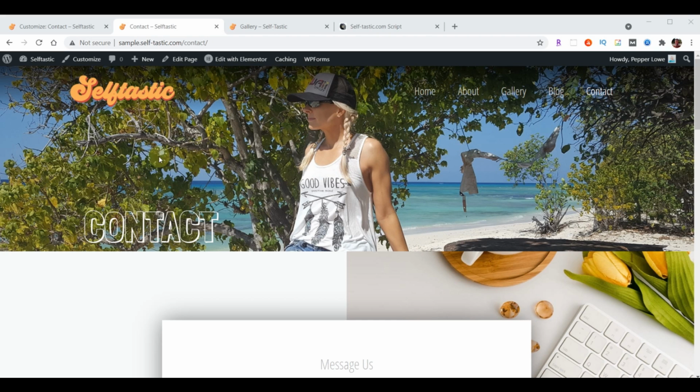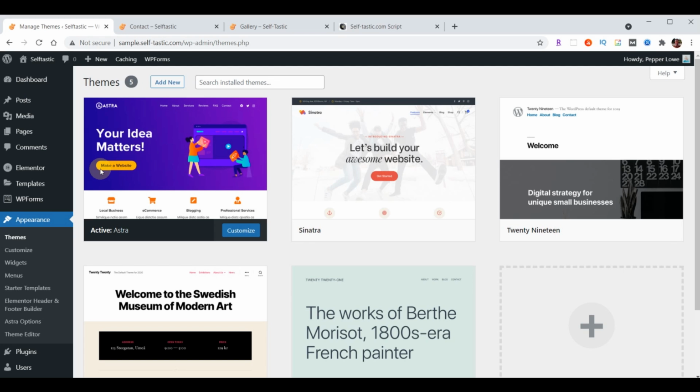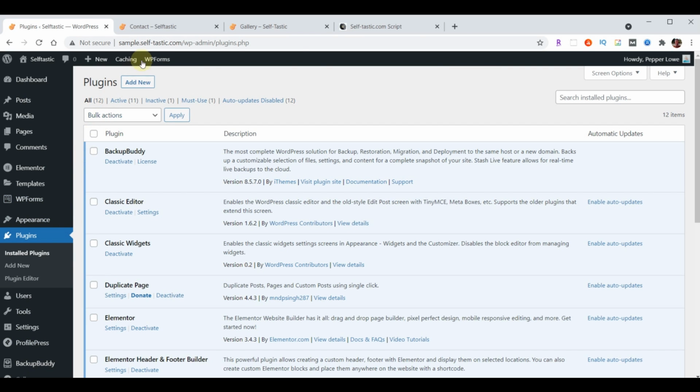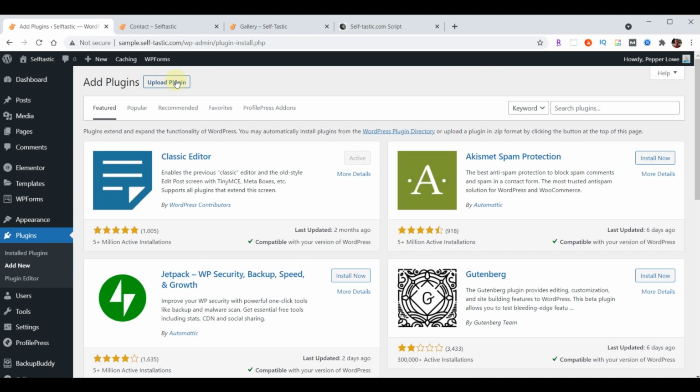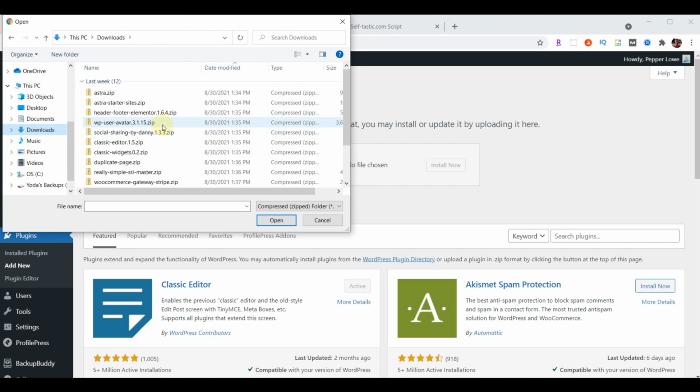To do that, we're going to go back to WordPress. We'll exit to the dashboard. Now we want to install the plugin that's going to allow us to make our pages secure. So we're going to go down to Plugins, Add New Plugin, Upload Plugin, choose File, make sure we're looking at our Downloads folder. And now the one we're looking for is Really Simple SSL. Hit Open,